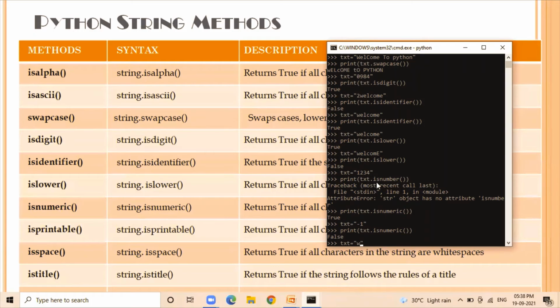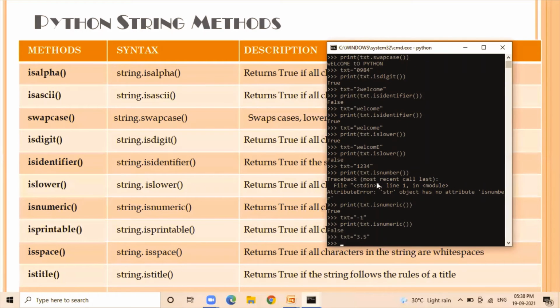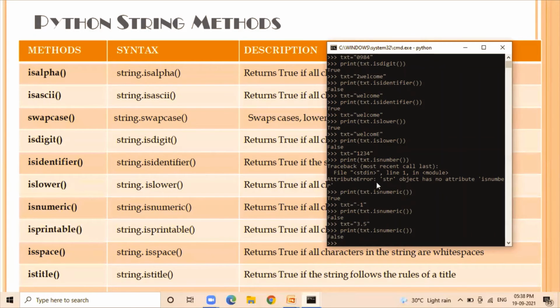If you go for a fraction value, that is 3.5 as a string, and use a print function with the isnumeric method, then also it shows false. So the isnumeric method is applicable only for strings containing integers, and it shows true. For negative values as well as fraction values, the isnumeric function shows false as an output.